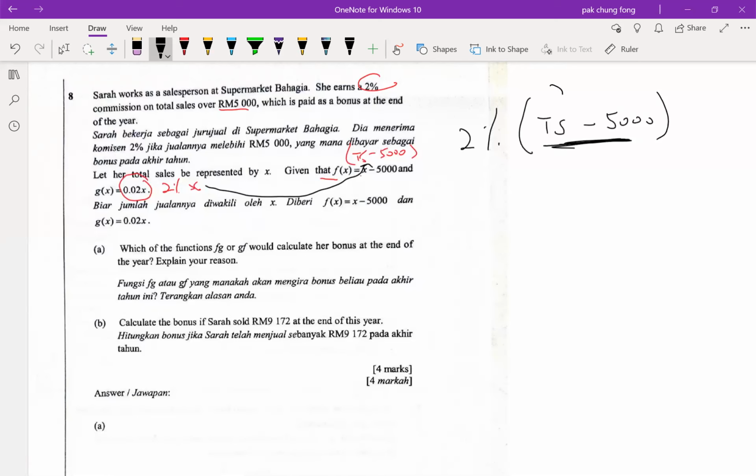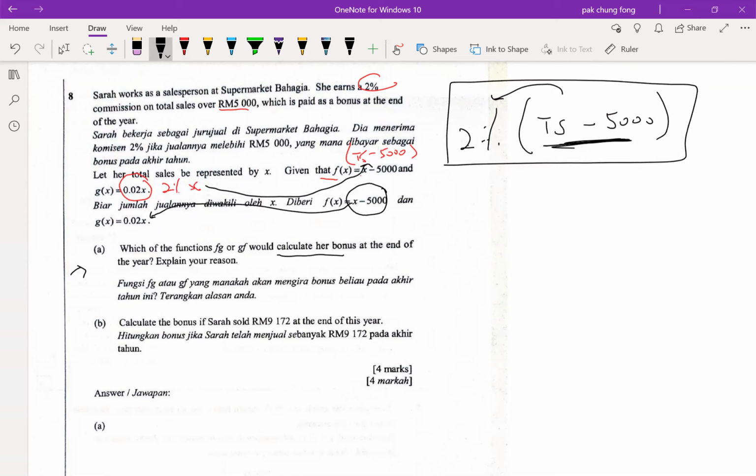entitled for 你的 commission，然后就可以乘2%。OK，so A 的，他问你 FG 还是 GF，calculate her bonus at the end of the year。So 你要算你的 bonus 的话，你一定要把你的 total sales 放进去，2%再乘以你的 total sales 减掉5000过后多出来的 amount，你就可以拿 bonus 了。所以在这个情况之下，因为你的 2% 就是 GX，and then 这个是你的 FX，所以答案是 GF。OK，B 的，那这样找出它的 bonus if 9172 它的 sales at the end of the year，所以你就 based on 你的 GF(x)。G 你的 FX 是 x 减5000，所以你放进去你的 function GX 里面，所以就是0.02乘以你的 x，x 会 substitute with x 减5000。